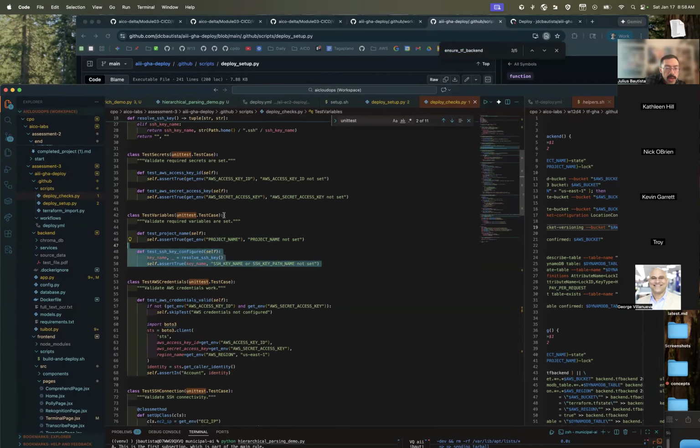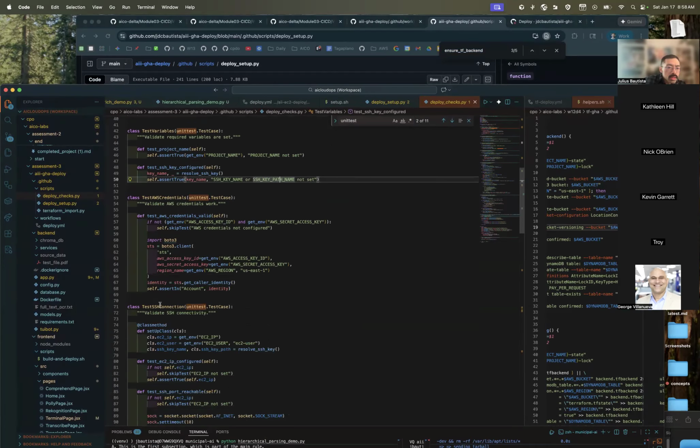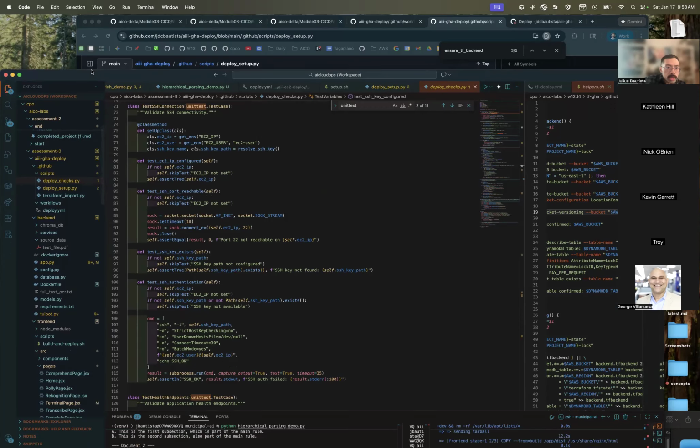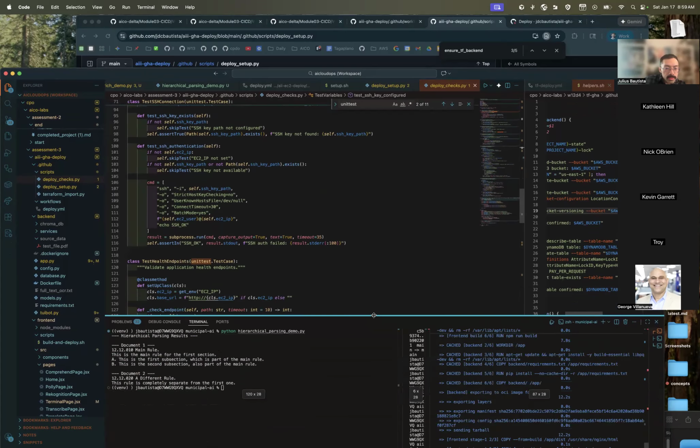And we have a cleaner syntax using unittest. This will run every time you deploy the application. It will give you a report in GitHub Actions.